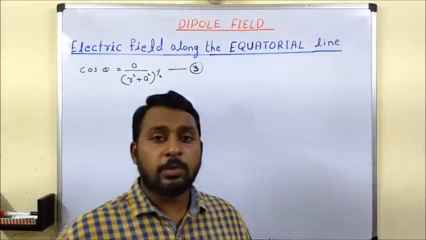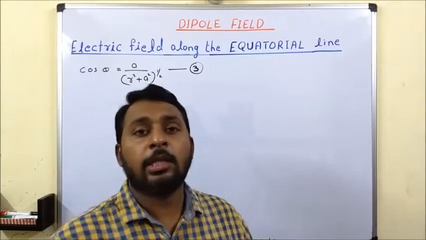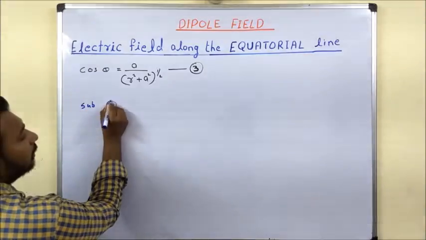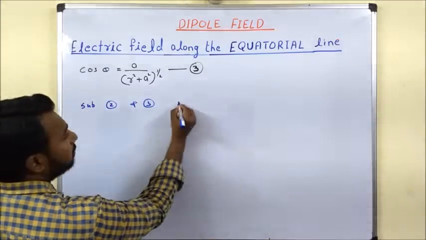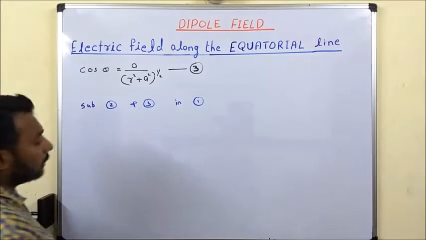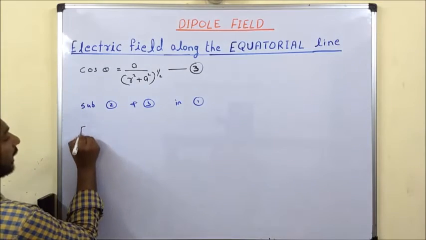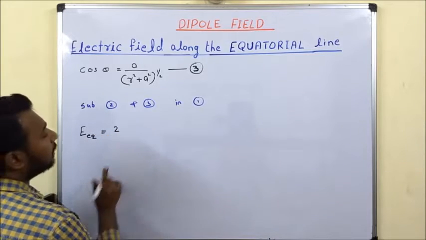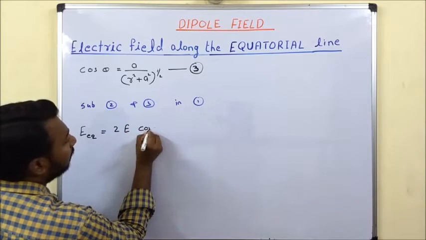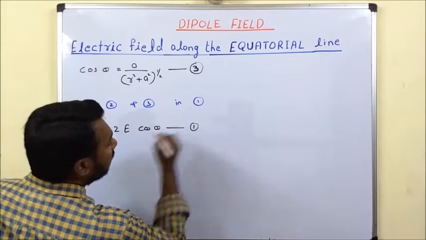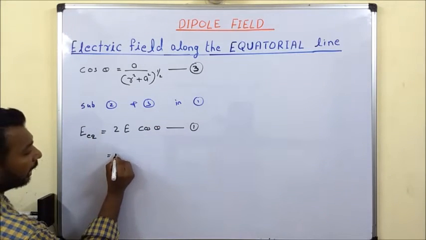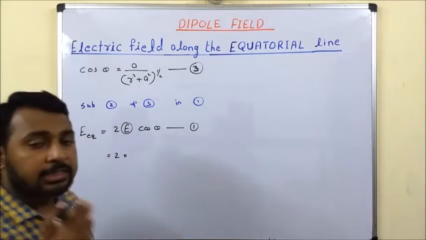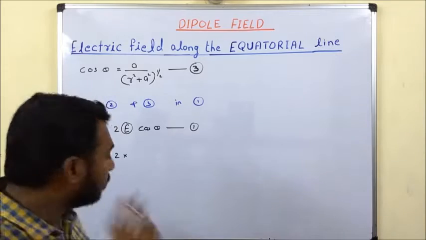Now we are going to substitute equation number 2 and 3 in equation number 1. What is equation number 1? That is the net electric field, E equatorial, is equal to 2E cos theta. So this was equation number 1. So you can write 2 into, what is E? E is given, it is written in equation number 2, that it is